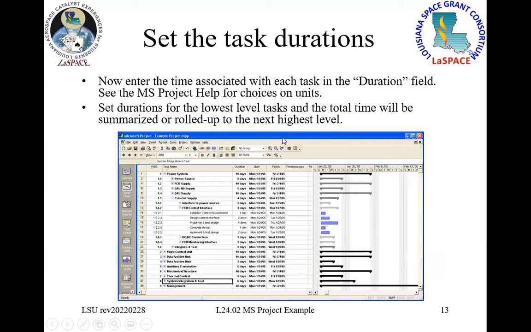All right. After you get that done, now you put in your durations, right? Don't worry about start and end yet. So your durations go in, you add all your durations, and now you see that the length of these blocks change. Now, the durations that you're putting in are going to be on your lowest level, your work packages down here. And then those will get automatically rolled up to the next higher level in here, right? But